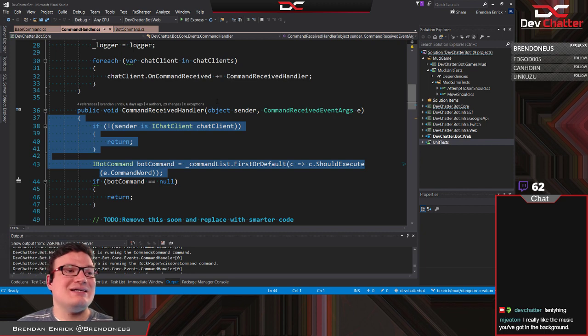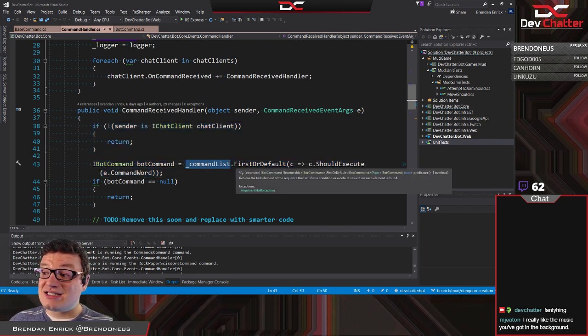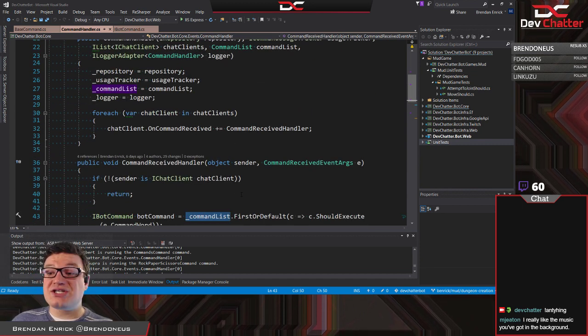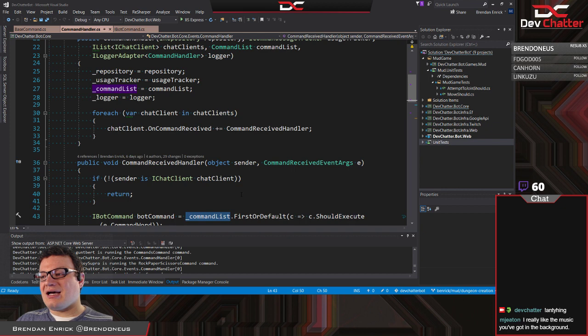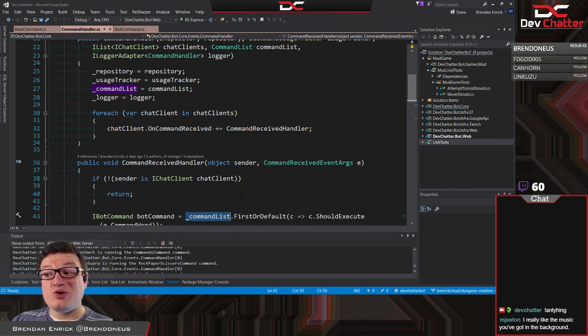And the reason why is I'm just using this list and pulling data out of it. That's the open-closed principle. And the way that I registered that is actually really, really neat. So we'll look at where that collection actually comes from, that doesn't require any code to be written.